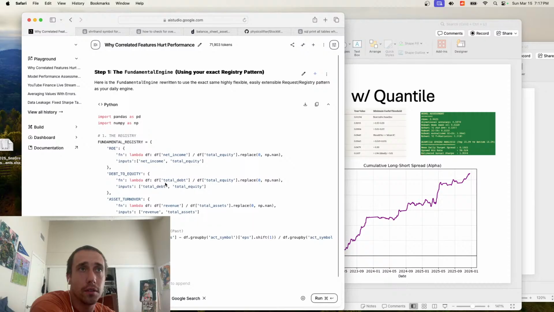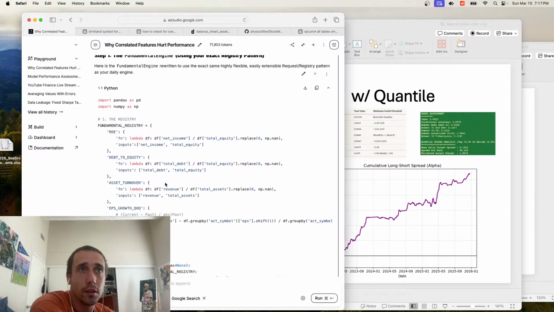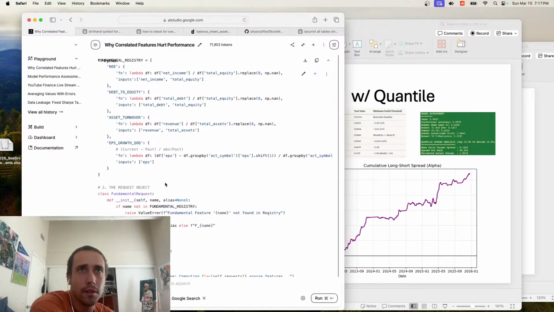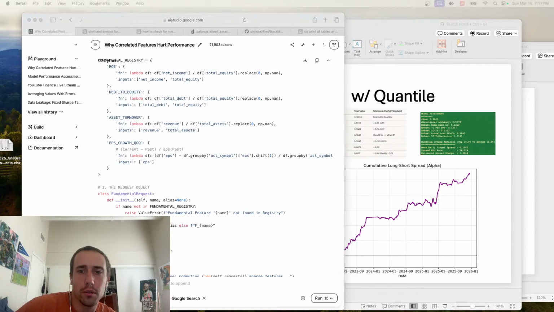Okay, so here's the fundamental engine. What does that mean? Exponential EPS growth QQQ. Quarter, quarter, quarter. What is QQQ?